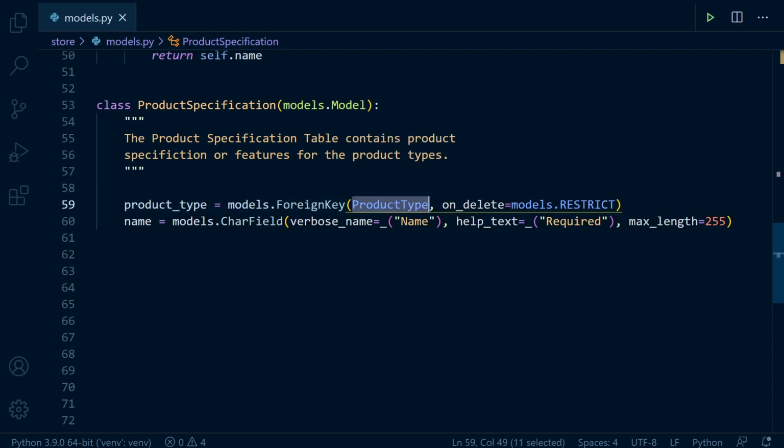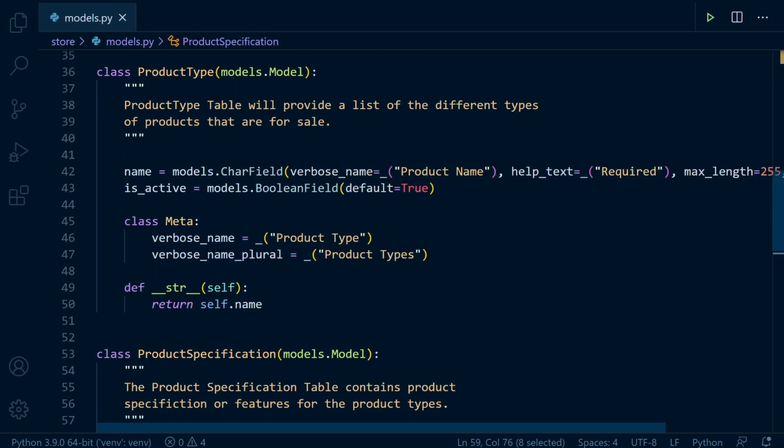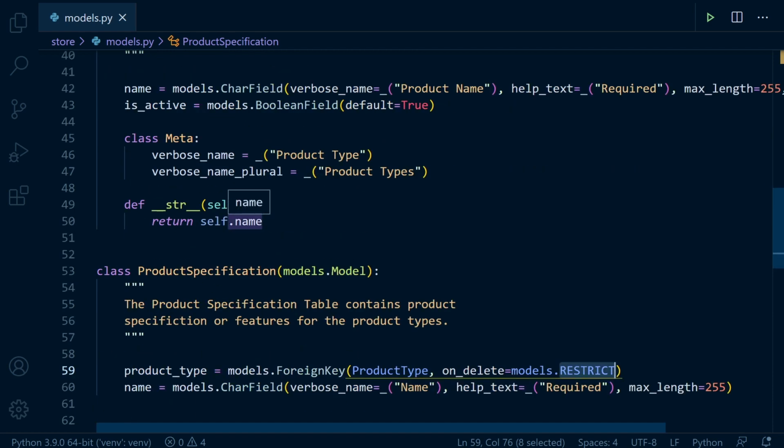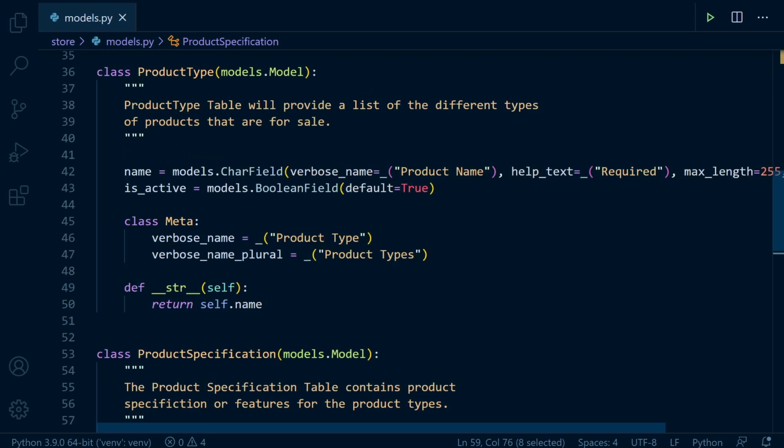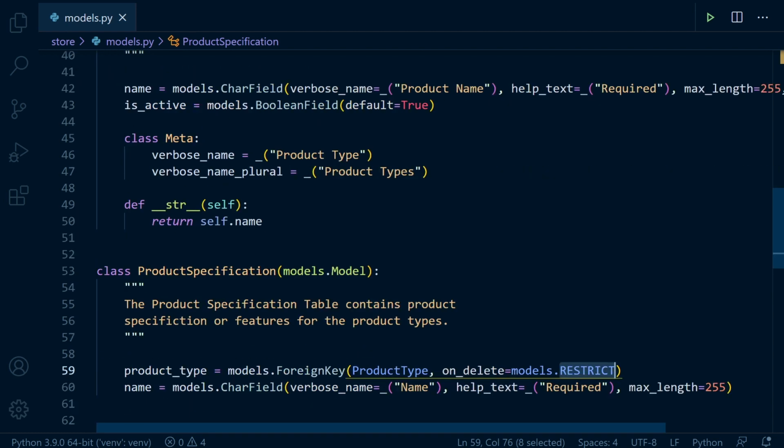Now remember, Django is going to put an ID after this. So in the table, it's actually going to be product_type_id. You can see here we've got product type on_delete, and here I've used the new Django 3.1 option of RESTRICT. This is just going to prevent it from being deleted if, for example, we delete one of the product types. For a little bit of security, I don't want people going around deleting my product types